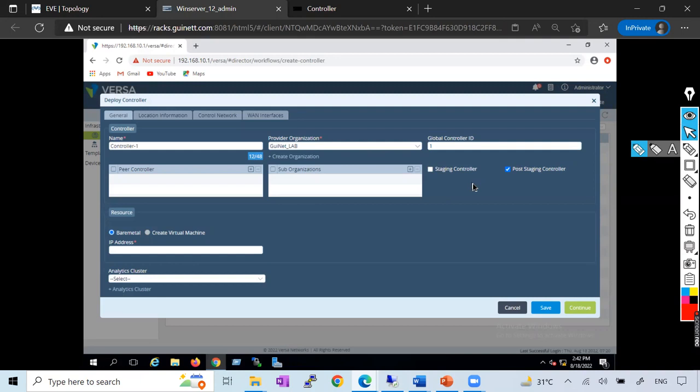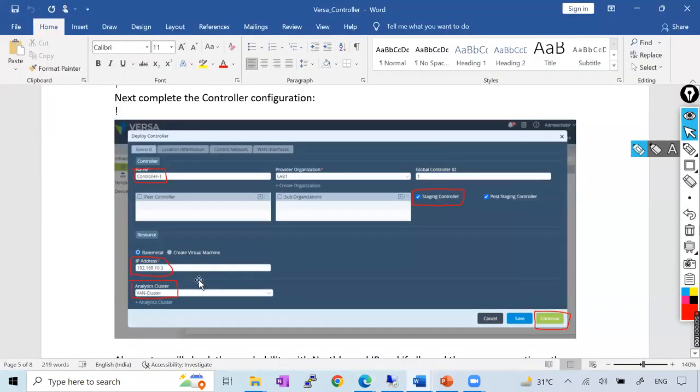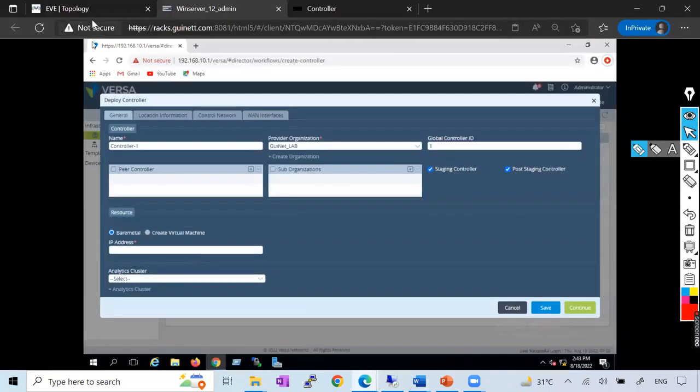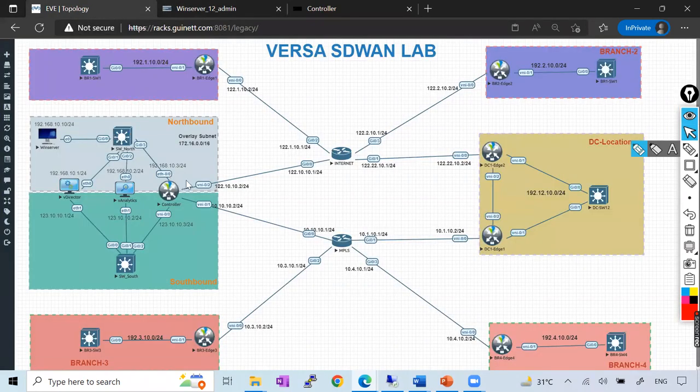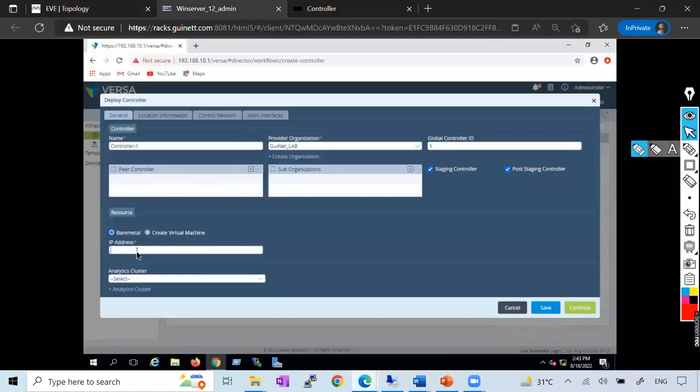So if you are doing the staging and you also use it for the post staging, it is going to help you build the tunnel and all, and onboard the sites. So this is how I have done it. Now I have to define the IP address. This IP address is basically your northbound IP address, which is going to connect to your management interface. So I'll go and define the northbound IP address, which is